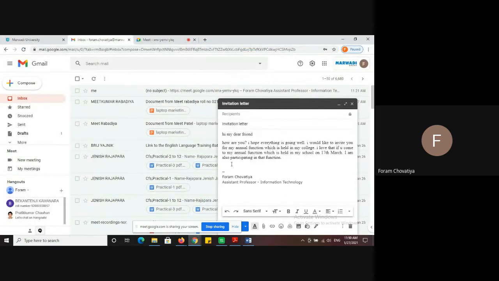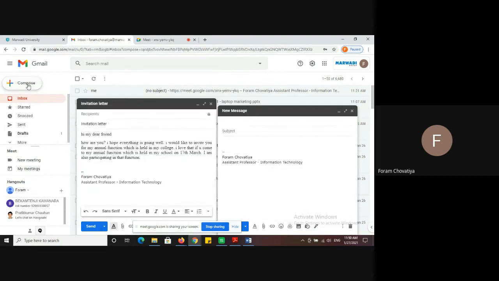A signature is content that we have to add in each and every mail. So again and again, I don't want to write that content. So we can add that content in signature form, so it is fixed in our mail ID. Okay. For example, I again compose my mail. You can see here my signature is fixed, because in each and every mail I want to put that content, so I put this content in signature form.